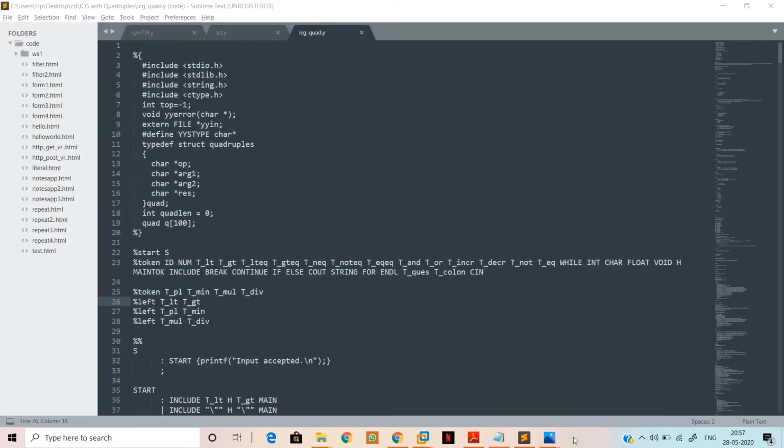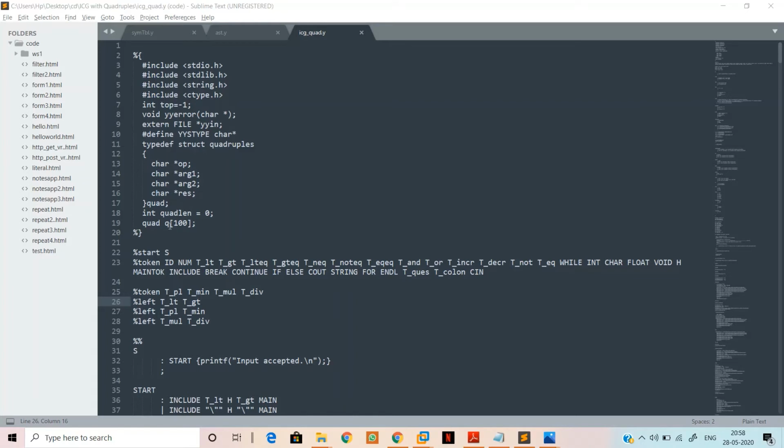So our next phase is the intermediate code generation phase. In this we have constructed our own data type called quad, which has the parameters operator, argument 1, argument 2, and the result. Result stores the value of the operation performed between argument 1 and argument 2.